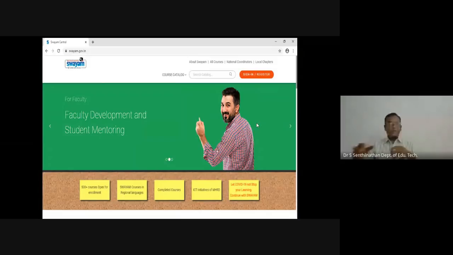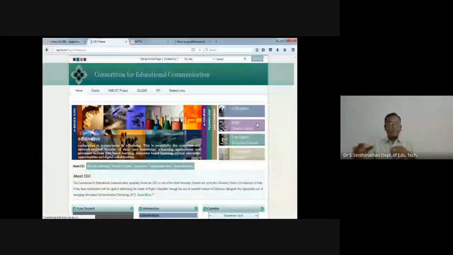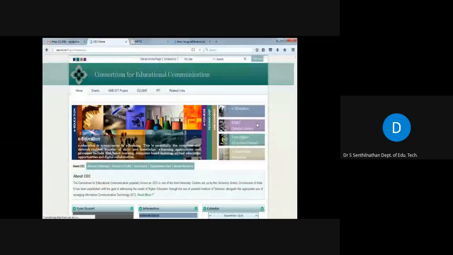And some of the other portals, before I conclude, I would like to highlight here. Again, these are all Government of India initiatives. CEC, UGC, Consortium for Educational Communication, is an inter-university center which is doing a lot for promoting e-learning, from providing e-contents to the entire country. If you go to the e-education section of this portal, you will find a lot of e-modules, e-contents and a learning objects repository, a collection of learning objects, short video clips. Almost about 60% of the UG curriculum of the country is made available as e-modules here. You can see for yourself.